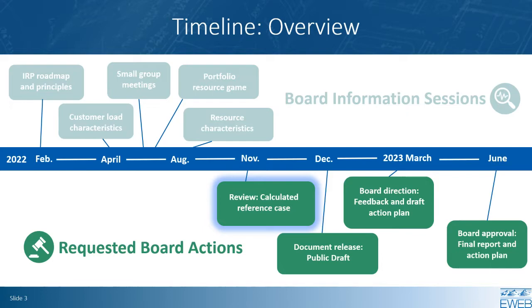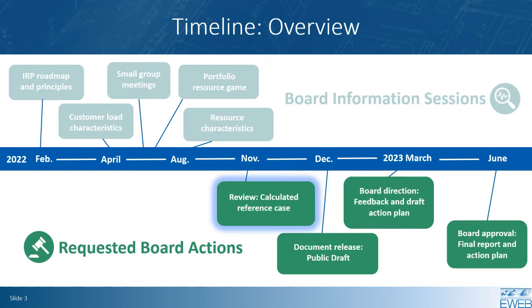This reference case represents the calculated results from an initial set of assumptions. It serves as a comparison case for our work in early 2023, when we plan to vary the key input assumptions to see how sensitive the results are to changes. The plan this evening is for you to get to really know and understand these results, their inputs and their assumptions. We would also like to spend some time to discuss your thoughts on what assumptions you would like to see varied and the impacts of those assumptions on the results.